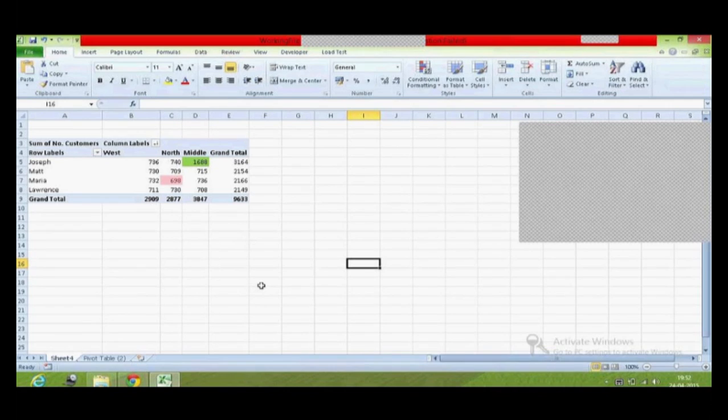So I'm going to give a multiple slicer. There I go inside my pivot table options. I go to insert slicer. I'm going to choose product here, and then I have the region. I'm going to add month, and then I'm going to hit OK. So here is my product, and here is my month.